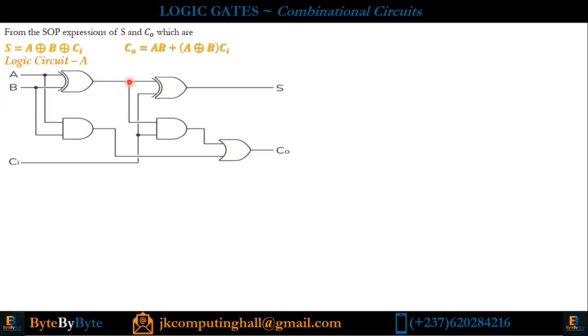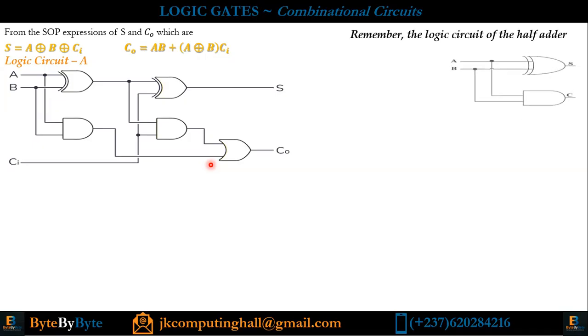This A XOR B we had here, I have my junction entering here. So what is entering here is A XOR B and Ci, because this junction, take note, is entering here and continues here. So what enters this AND gate is A XOR B and Ci. That is why for this expression, A XOR B dot Ci. So I already have my AB, I have my A XOR B dot Ci. What is left? The addition. That is why an AND gate is being used, where I have this and this particular one, as you can see. So this is logic circuit A of a full adder.